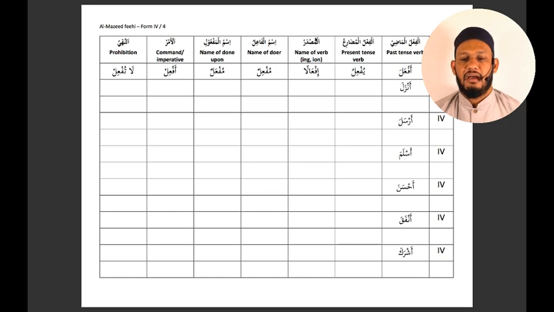All say it together. Af'ala yuf'ilu. Again, af'ala yuf'ilu. Even if you've done it before, do it again so it becomes nice and solid. Last time, af'ala yuf'ilu. And the masdar is if'alan. From the beginning, af'ala yuf'ilu if'alan. Last time, af'ala yuf'ilu if'alan.